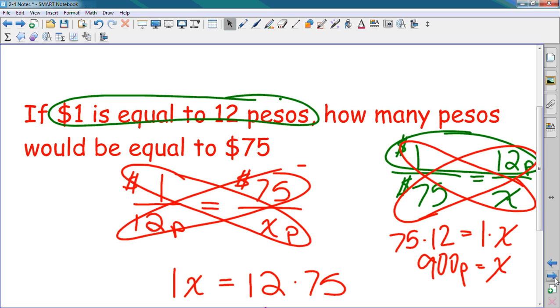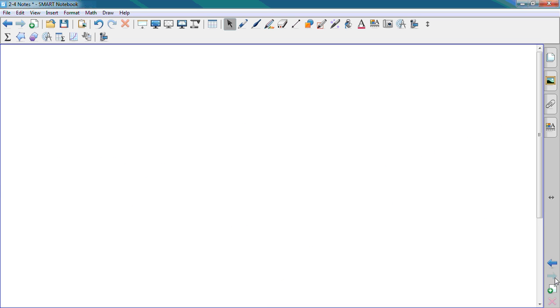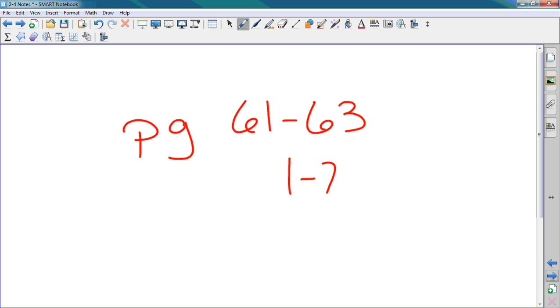Order does matter. Your homework for tomorrow is page 61 through 63, 1 through 71 on, actually not